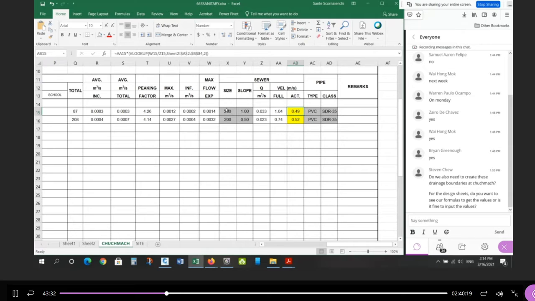Okay, so now I need to pick an appropriate pipe size and slope combination that gives me a Q here that's bigger than here. The pipe capacity, the Q for the pipe, has to be greater than the Q that the population has generated. So this is the next part of the design. Pick an appropriate size and slope combination that will give you a Q capacity bigger than expected flow and a velocity that meets minimum requirements. So to calculate this, you're going to use